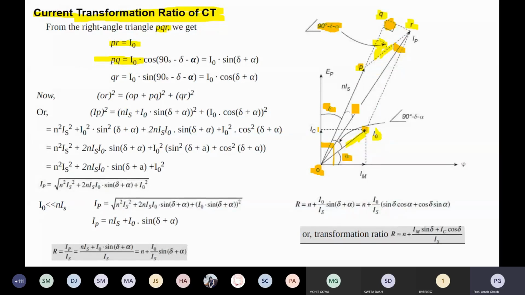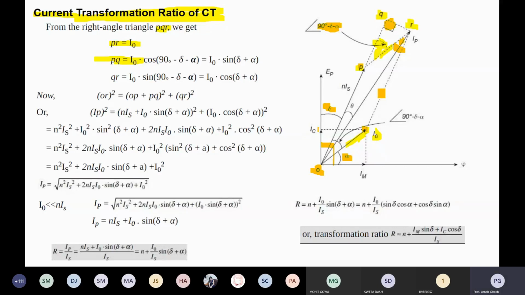I think all of you are able to understand that geometry. That is in your class 8, 9, 10; three years it was there in your geometry, the theorems and so on. So it's an alternate angle, and directly it is coming. Again you can see this path and this path both are parallel, so again it's an alternate angle, and this angle is equal to this one: 90 degree minus delta minus alpha.